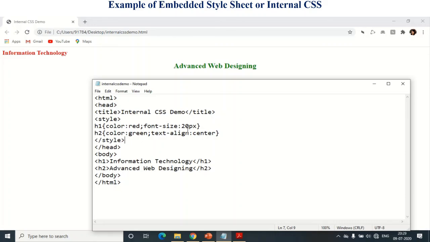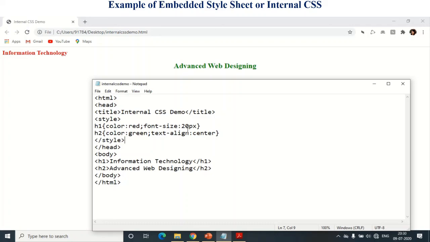So in this way, we will study about the internal CSS. To understand internal CSS, you want to write all the styling information in style tag, and style tag is placed in what? In head section only, not in body section. Okay? Understand?